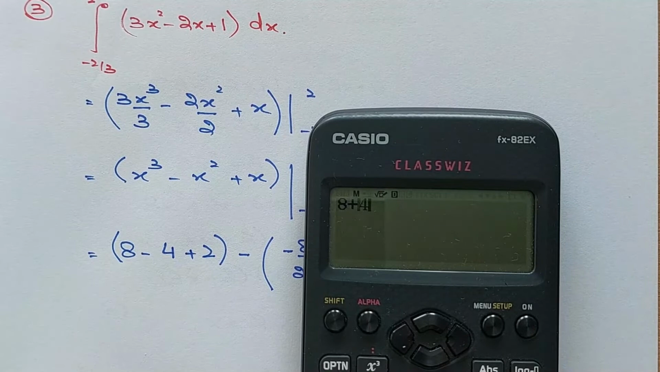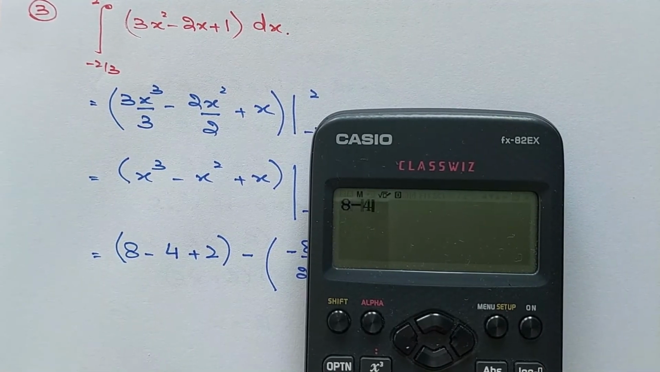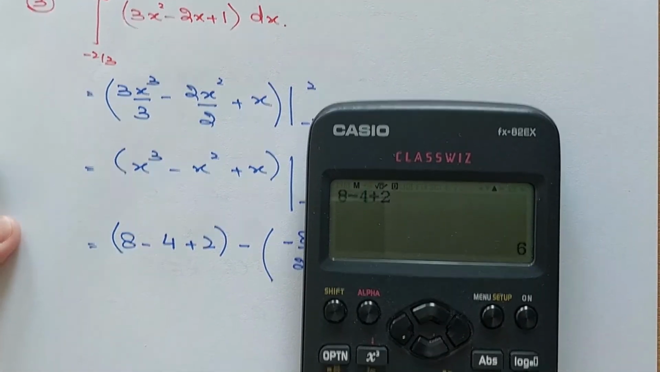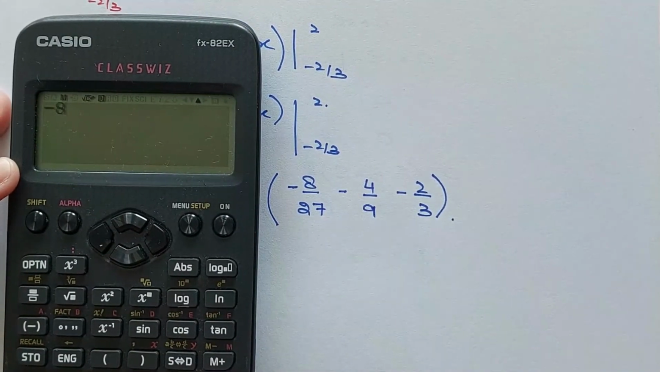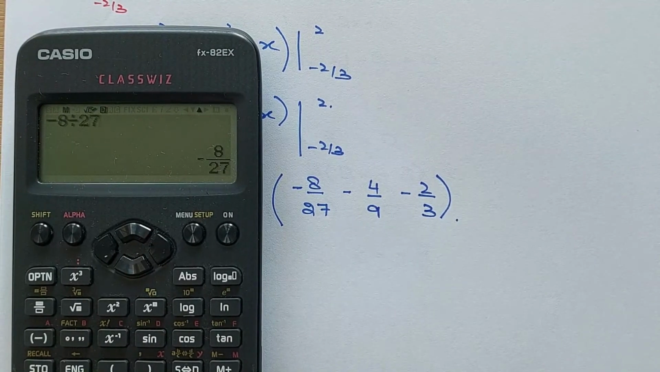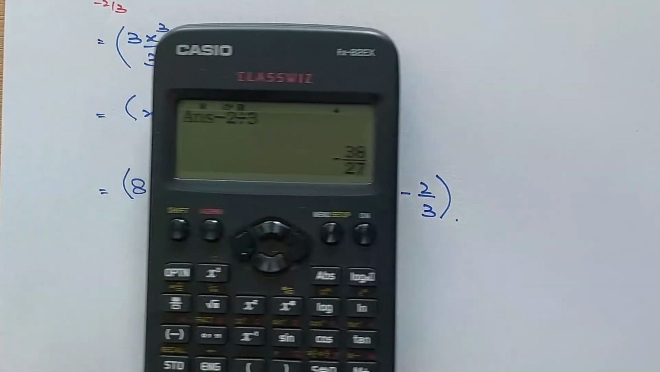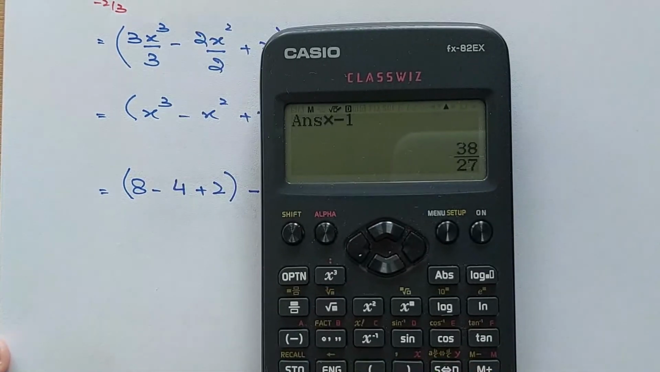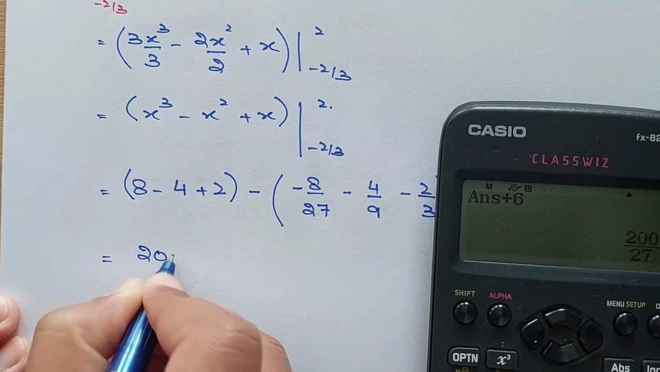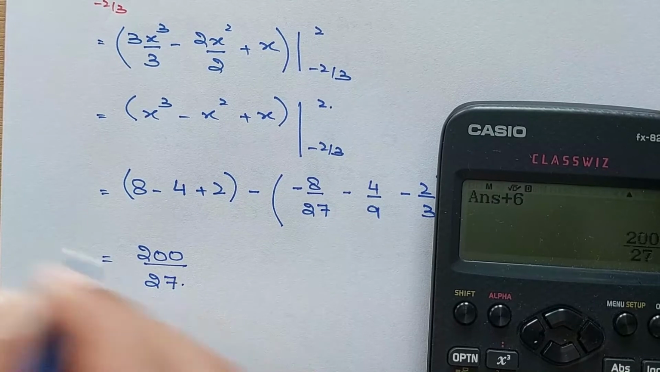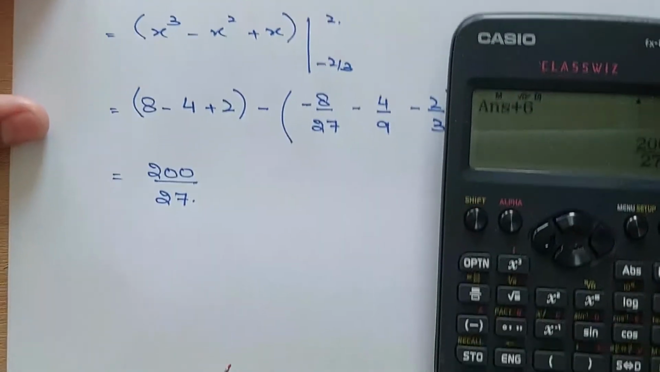What is 8 plus 8 minus 4 plus 2? This is equal to 6, right? Now let me do this bracket first. So minus 8 divided by 27, minus 4 by 9, 4 divided by 9, minus 2 divided by 3, and times minus 1, right, and add 6. This is 200 divided by 27, right? Now the last step, the fourth step, is